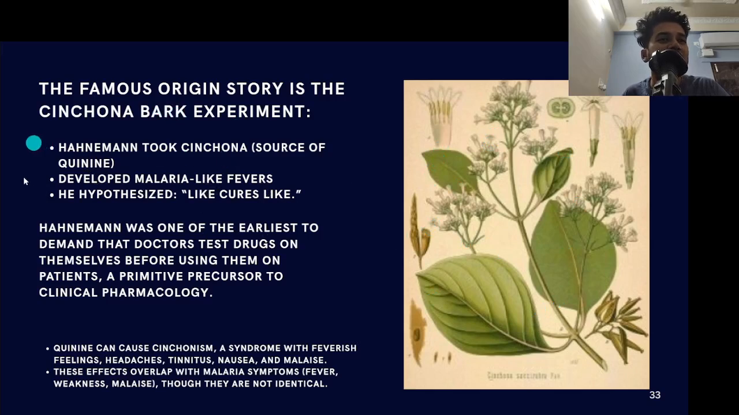So what Hahnemann did, he took these leaves, which were in fact a source of quinine, which later on was used to derive medication for malaria. And when he took these leaves, he developed malaria-like symptoms. So his ideology, at the time, he hypothesized that like cures like. And because of this, he in fact ended up making a wrong assumption, because the problem is that